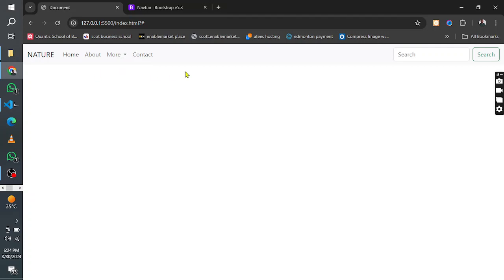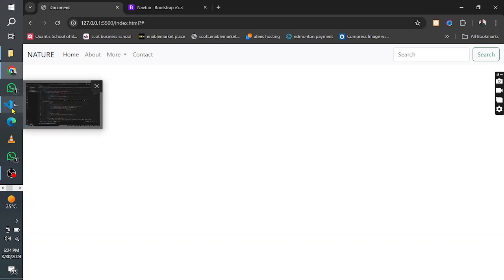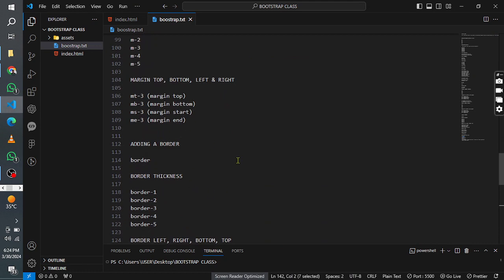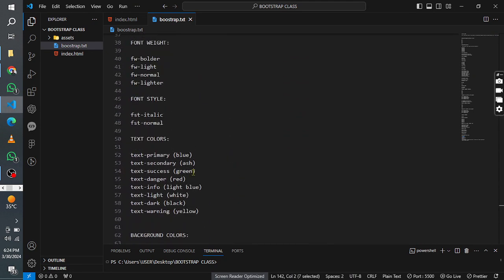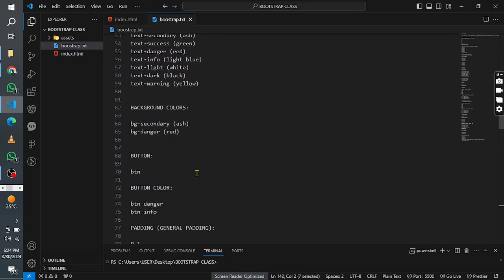So you can see how fast we are able to build a header. We can change the background color of the header and everything. Okay, so I won't be going into that. You can do that. We have class names here for everything. I've addressed everything: yellow, green, and everything. Okay, so the next thing I want us to look into